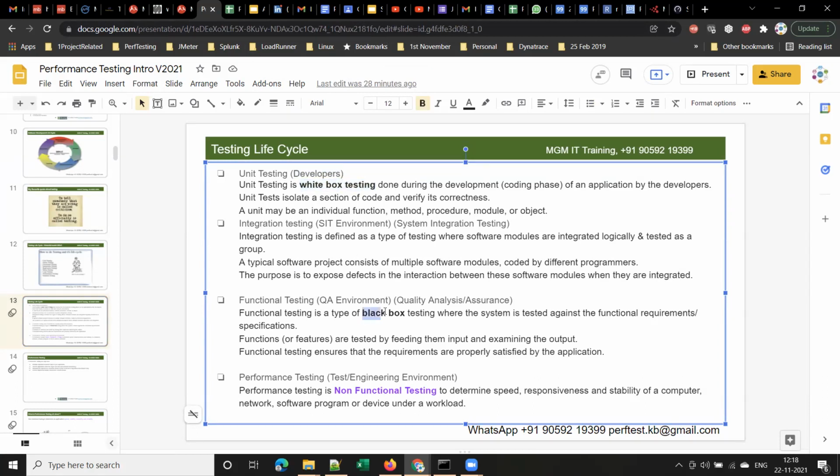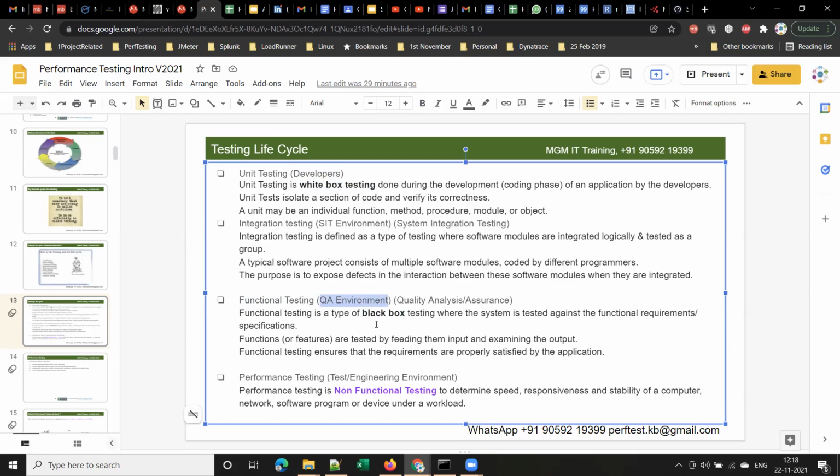Once I explain black box testing, then you will understand. Black box testing will be done by the QA team or testing team, right? They need not know the code of that application. Suppose it is a Java application, the tester need not know how to write Java code, and they need not know the logic and all. They need not know the internals of the application.